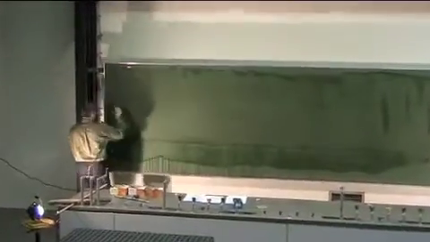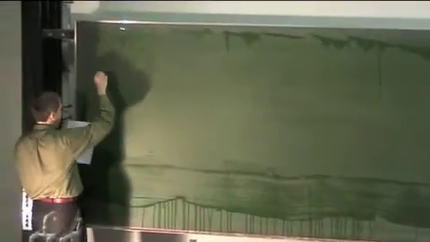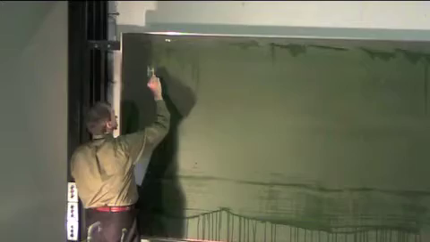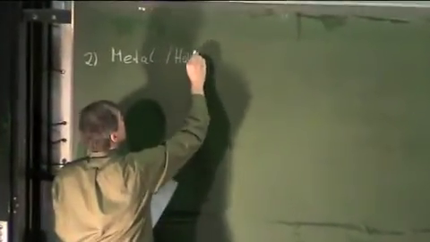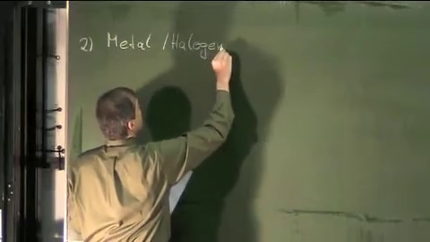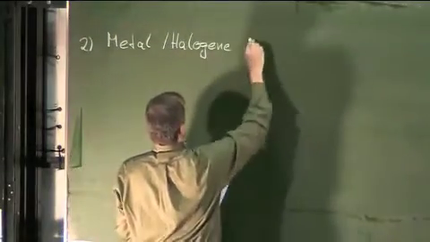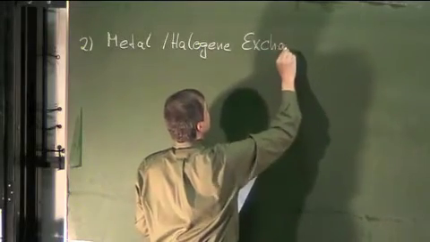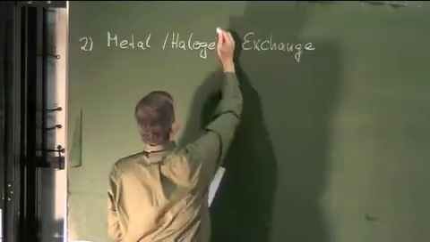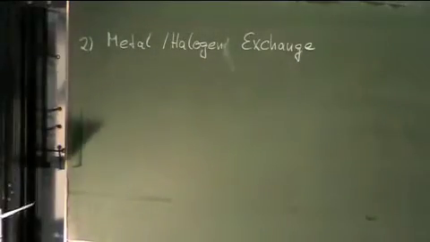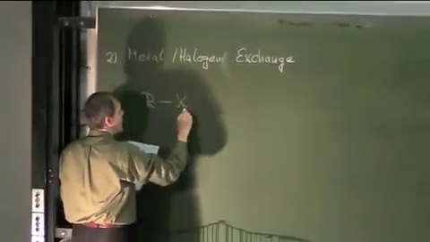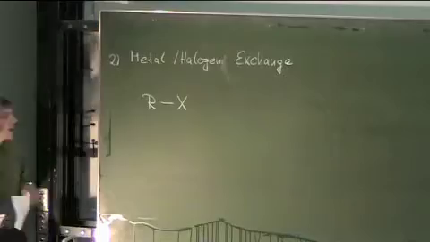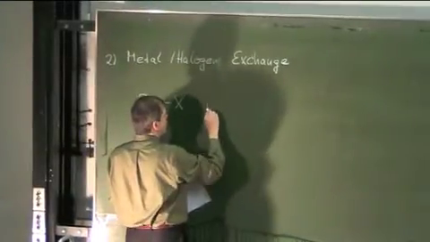The second method I would like to introduce for preparing organolithium and organomagnesium compounds is the metal halogen exchange, which will take place as follows. You can also start again with your halide compound,